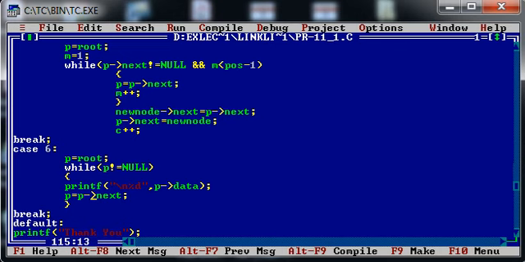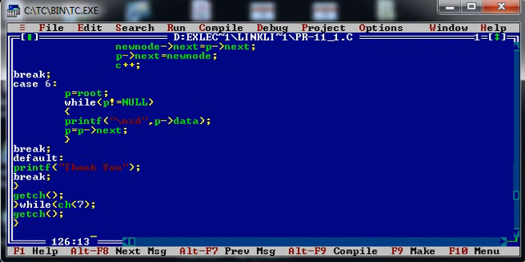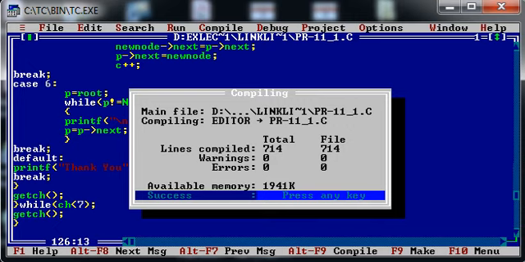Okay, so these are all 6 cases: creation of linked list, insertion in the beginning, insertion at the end, insertion after given node, insertion before given node, and display, right? Let us execute the code.